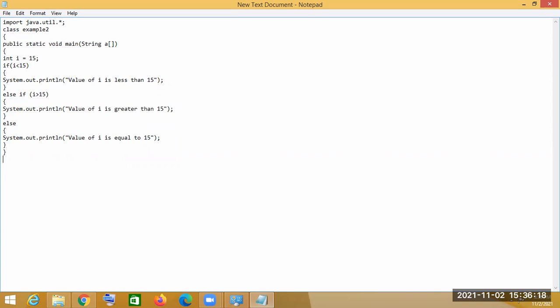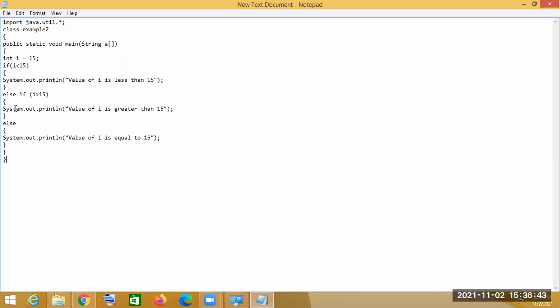Okay, so this is a simple program we have written. We take a value of i and we check whether this value is less than 15, or greater than 15, or equal to 15. These three conditions. So if else can be written like this.